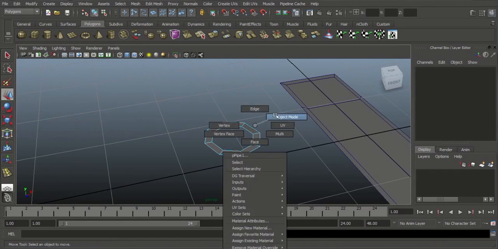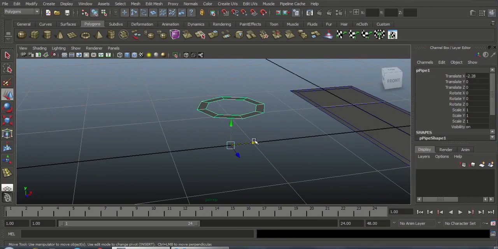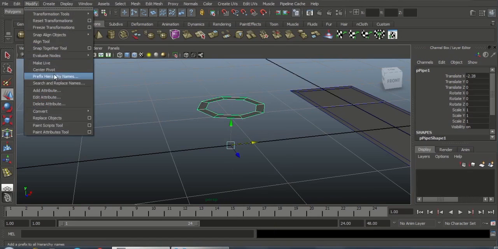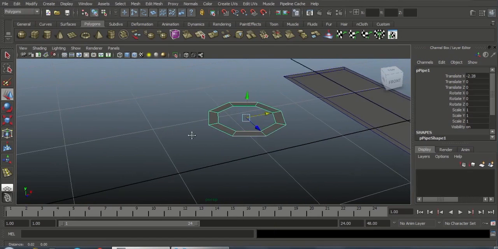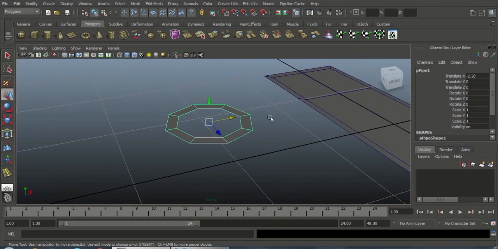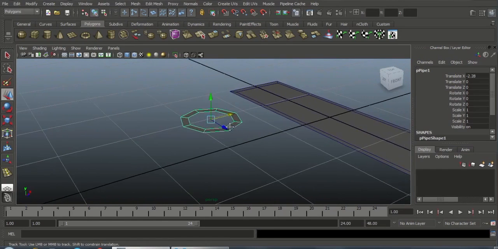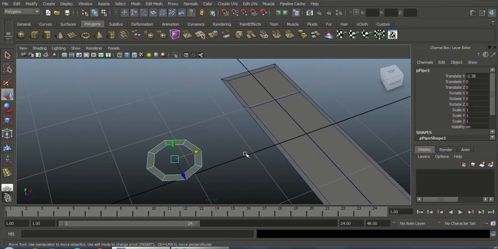Go to object mode. That means my pivot is at the center of the grid. I need to keep the pivot at the center of the object. Go to object mode, go to modify and choose center pivot. That means my pivot is transferred to the top of the object. Hold V on the keyboard and hold the middle mouse button and drag to snap the object to the